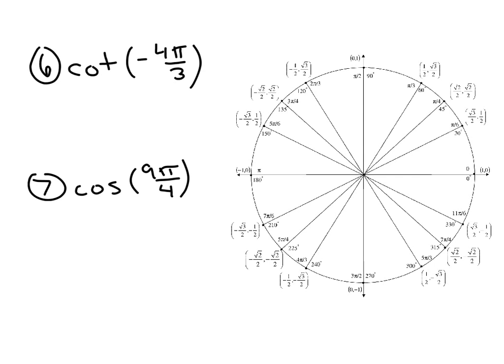Okay, so cotangent of negative 4 pi over 3. So we need an angle that corresponds to